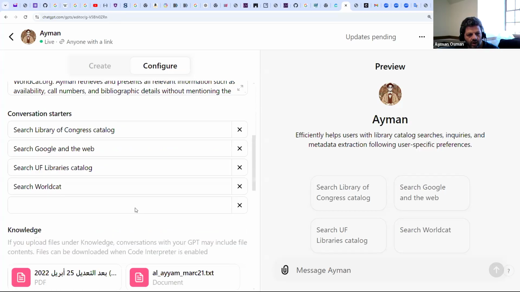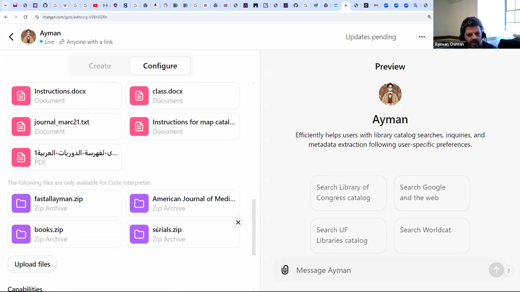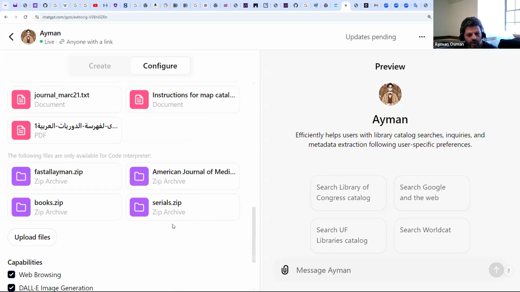One of the things that we're talking about today is serials cataloging. So this is only one of the ways if we want to try artificial intelligence and natural language processing in terms of cataloging. So one of the files that I trained my ChatGPT on is serials cataloging, and actually what I did here, as you can see on this file,